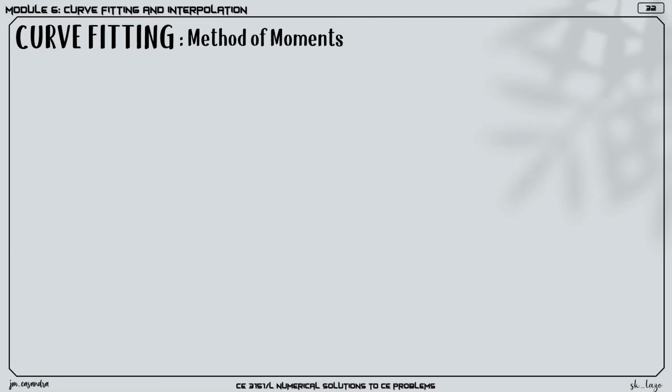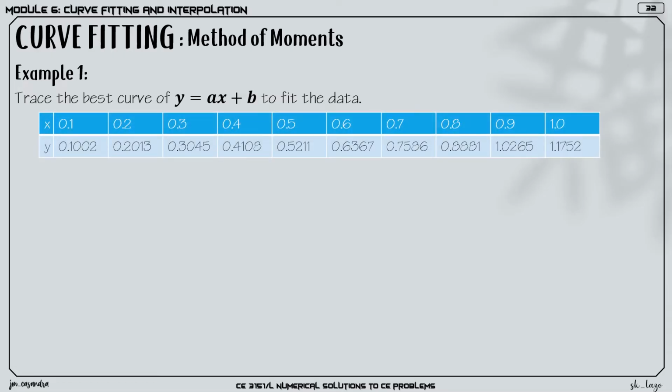So to understand the method of moments, we solve an example. Given y equal to ax plus b, we determine the best curve that will fit the following data. So again, as we have said for method of moments, we have to start off first with identifying the value of h. So in evaluating now the values of x, we have x sub 2 minus x sub 1